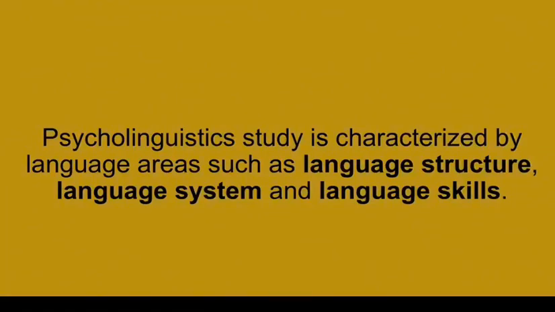Then we have language system. This refers to choices made from different options of items or structures that often help in expressing our knowledge about the world, such as our thoughts, our experiences, as participants, and the processes that are involved, especially when it comes to communication. And finally, language skills, which refers to the basic skills of language: listening, speaking, reading, and writing.